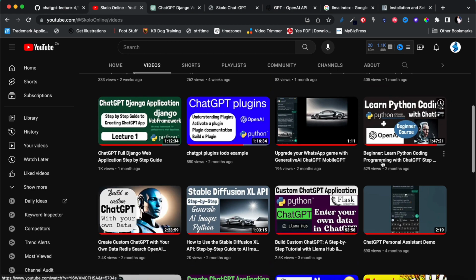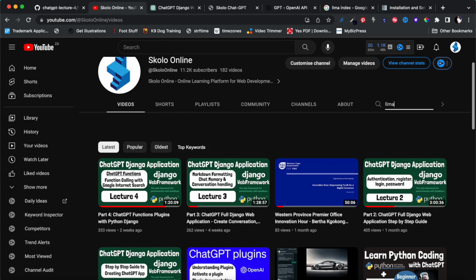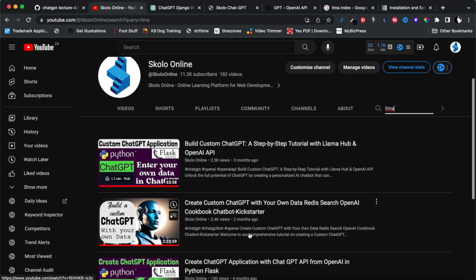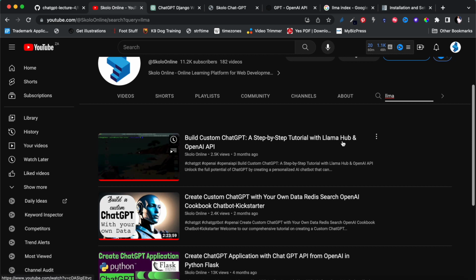There's another one with LlamaIndex. Okay, so let me just try and see here. Let me search Llama. There you go. There it is. Okay. So: build your own custom ChatGPT, a step-by-step tutorial of using the Llama Hub and OpenAI